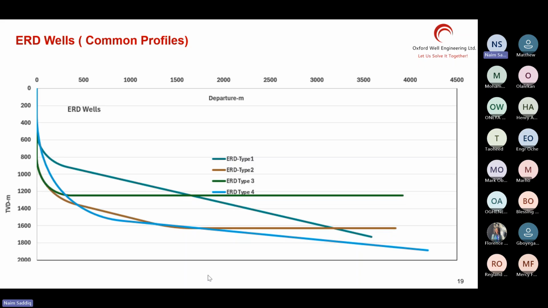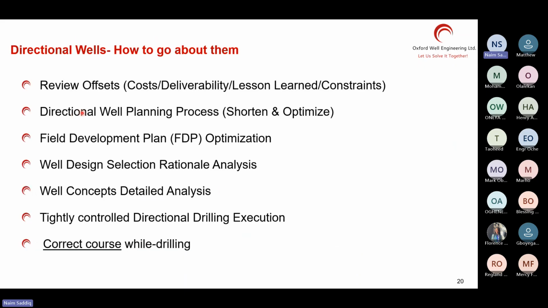Okay. And now we talk about how to go about it. If you are very experienced, you want to see the offset wells. Check on the offset wells to see what had been a problem with delivering the dog legs. Can we use a motor? Can we use an RSS type tool? What had been the problems that previous well planning people have seen? Anti-collision problem was the issue. If there was an anti-collision problem, you may want to improve the separation between the wells in the planning phase. If you have problem building the angle, you may want to go for